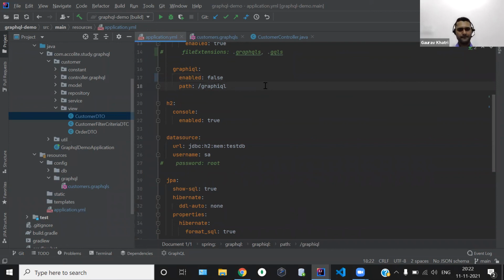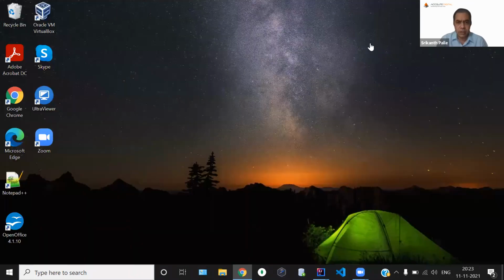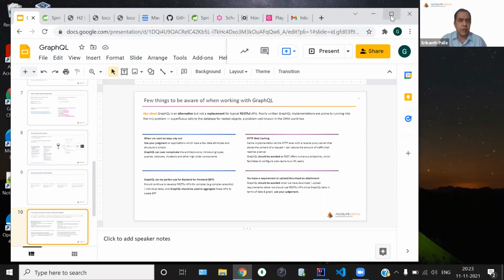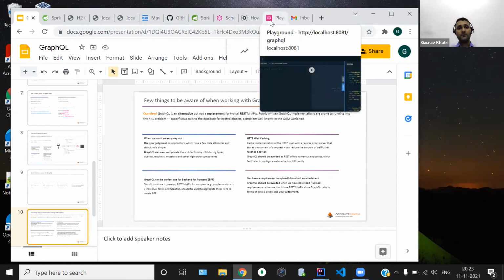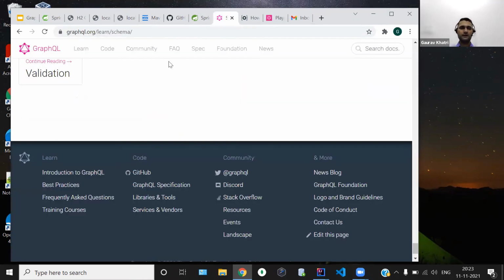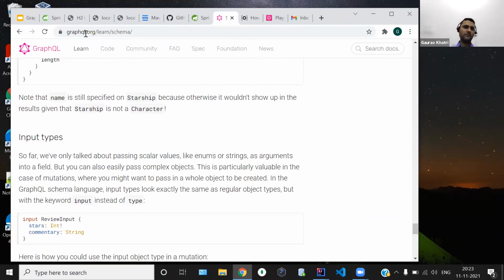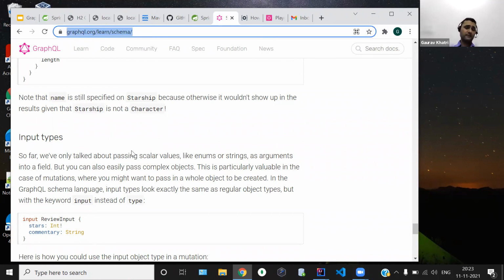And the second one is an interesting question: is there any standard naming convention, say for mutation queries, and does GraphQL prescribe anything in practice? As per my knowledge, we don't have any such nomenclature, but if we want, we can read the GraphQL documentation, like the GraphQL learn schema portal. From there we can learn how we should write the nomenclature. But as per my experience, GraphQL doesn't say how you have to follow the nomenclature.